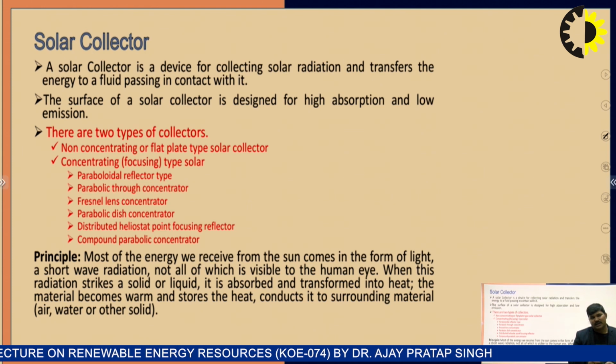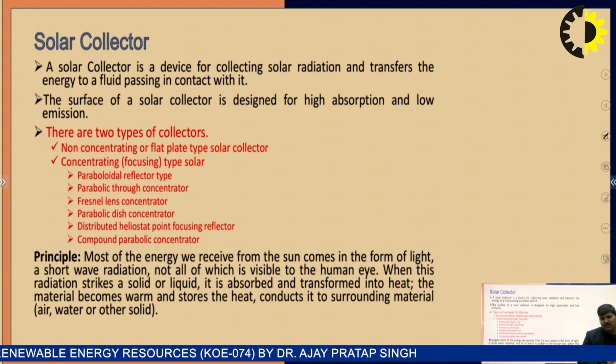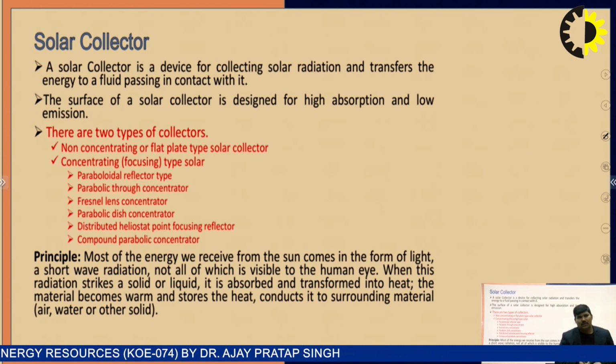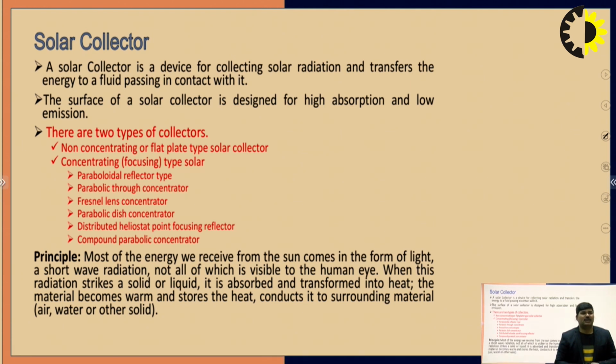So the solar collector, you can say, is a device for collecting the solar radiation and transferring the energy to the fluid passing in contact with it. The surface of the solar collector is designed for high absorption and low emission. And there are two types of solar collector. One is the